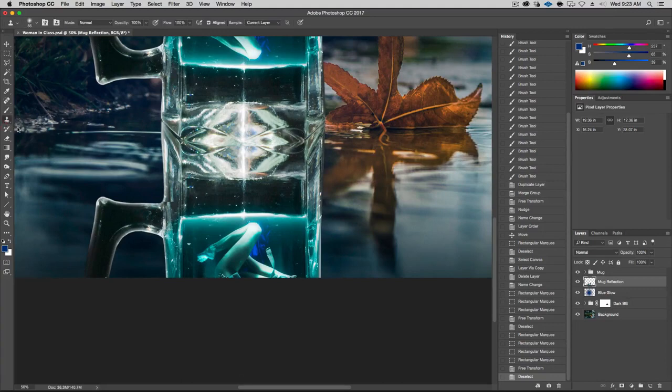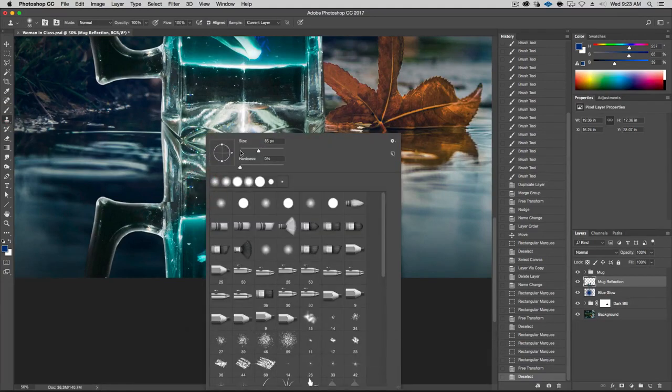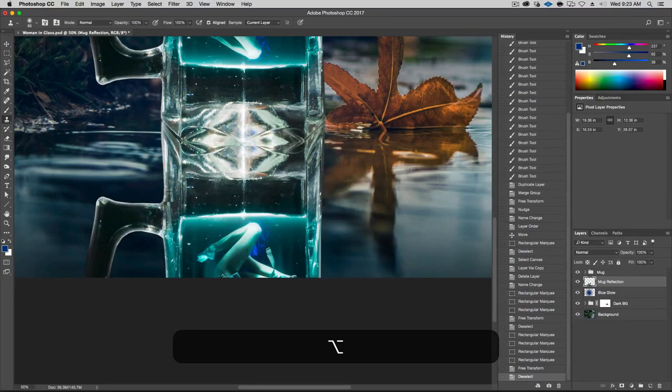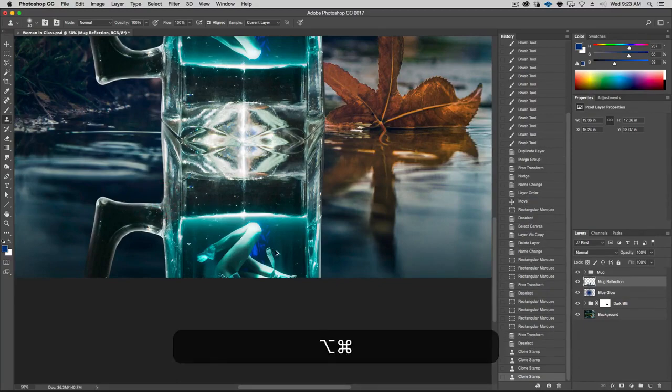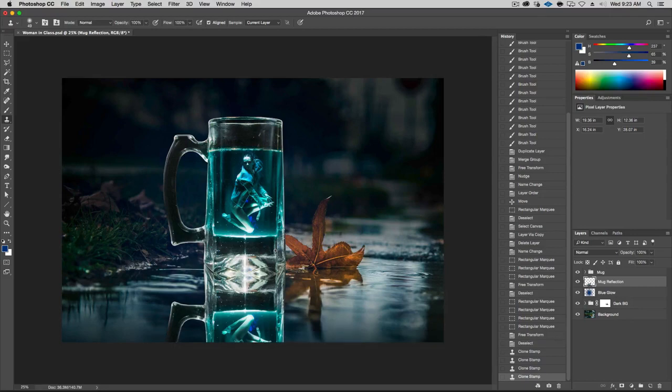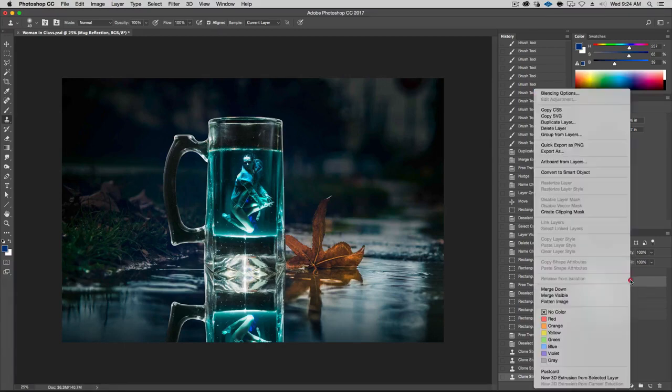Let's take the clone stamp tool and a pretty soft brush. So that's pretty good, 850. And let's just take a part here and clone over it. I'm just trying to make it slightly seamless. This is all going to get blurred anyway as a reflection, but it's still nice to not have too many imperfections. Okay, so we created the reflection layer, and so now we're going to make a little glow on this. But let's turn this into a smart object first, like so.